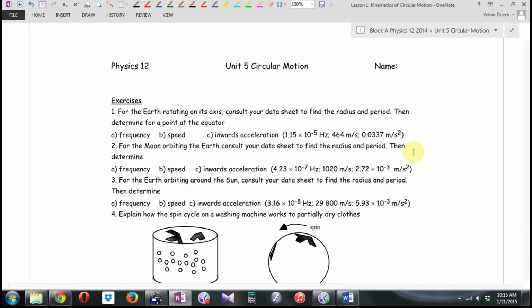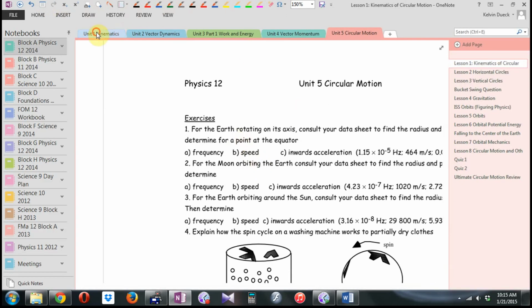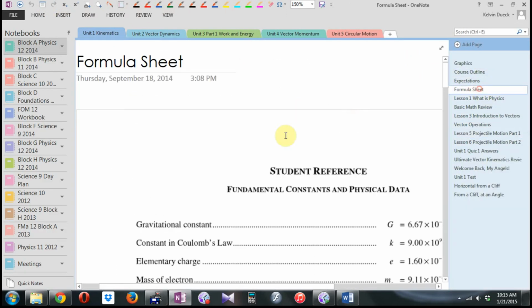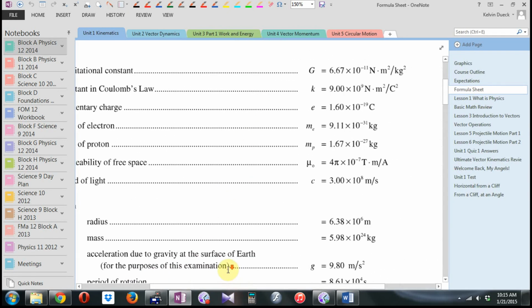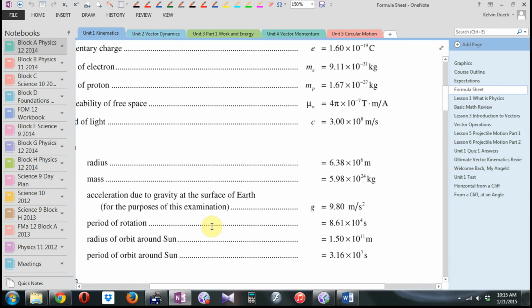Homework part 1. For the Earth rotating on its axis, if you look on your data sheet, you're going to be using your data sheet, this unit, a great deal. Let me go back to the very beginning. I think I have it here somewhere. Yeah. So you're going to be using very often now the Earth's radius and,